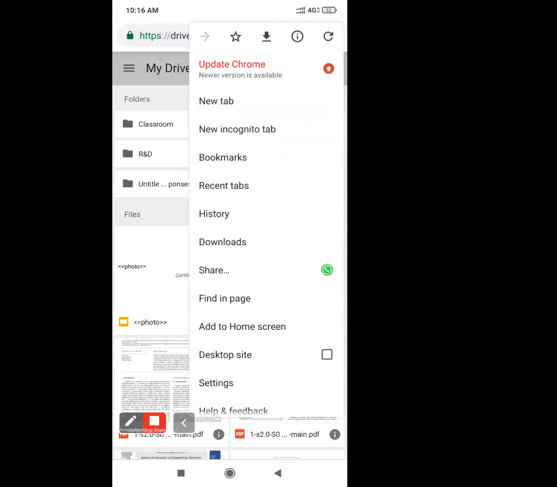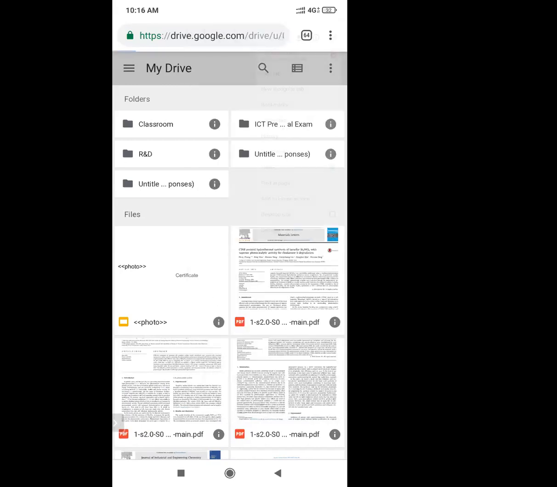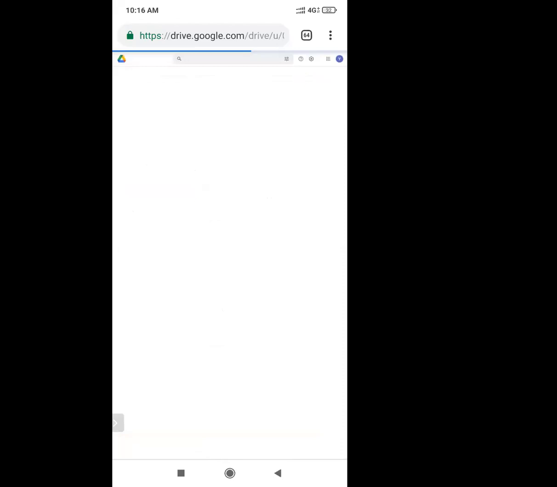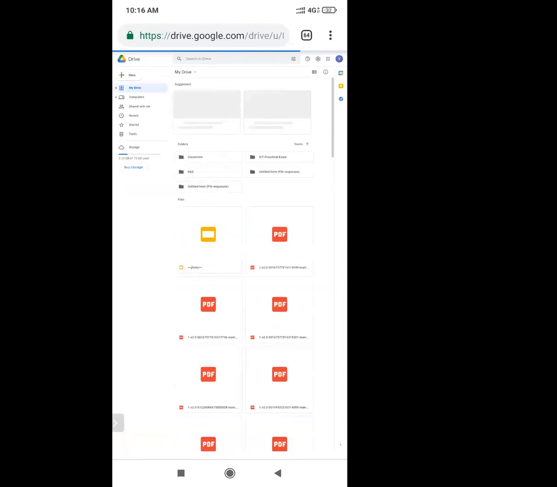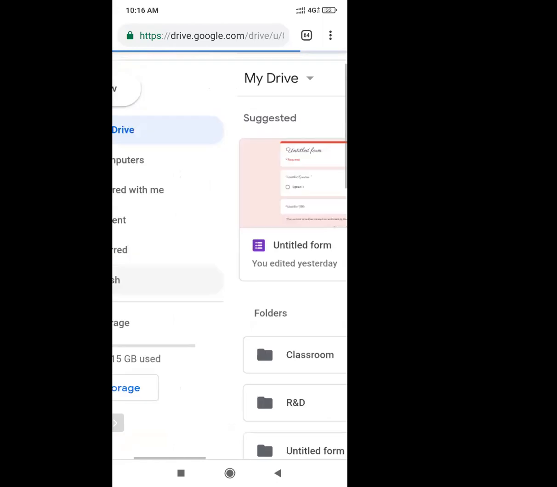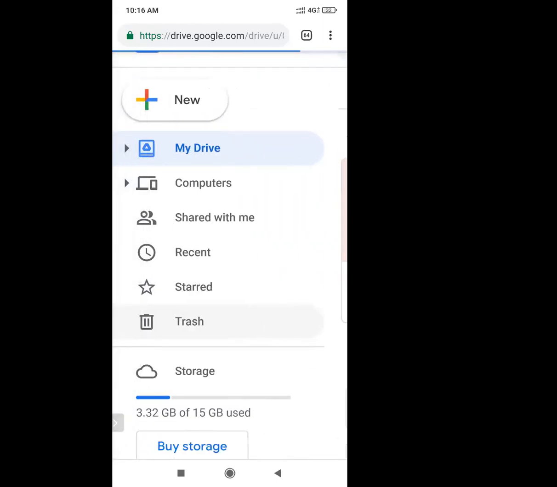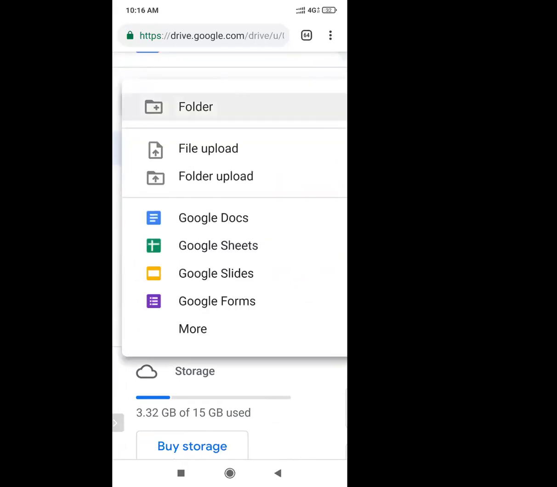After clicking, you can see the desktop site option is there. Just click on this desktop site option. Now your Google Drive will open, and in the corner you can see this New option is there. Just click on this New option.